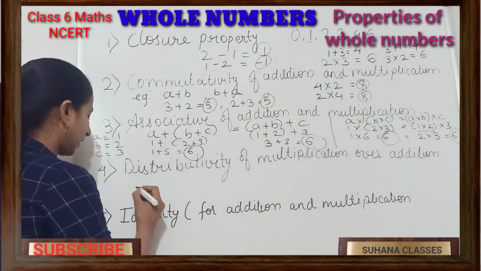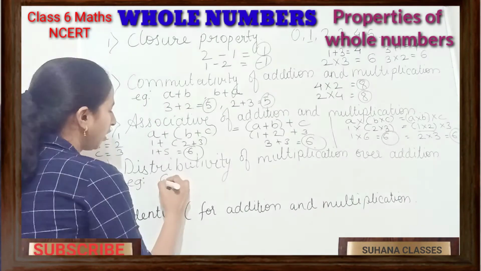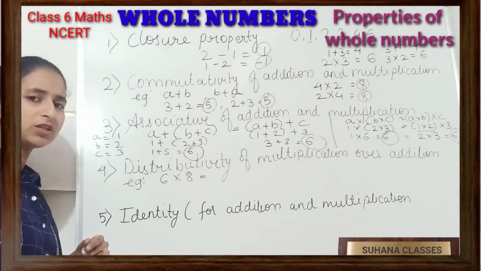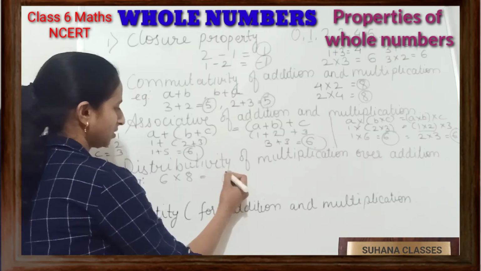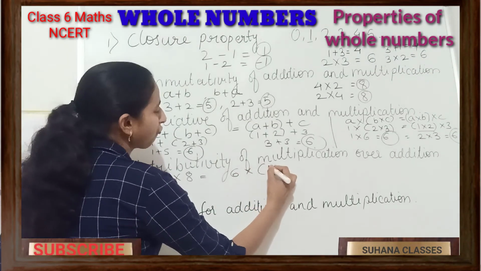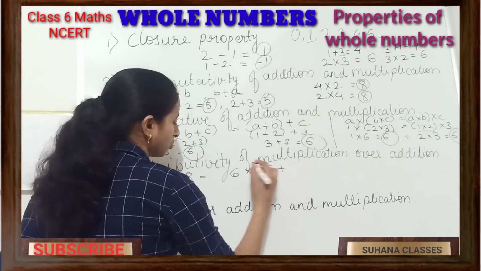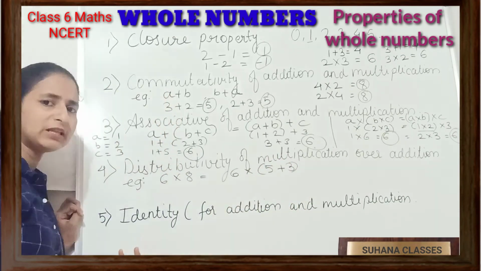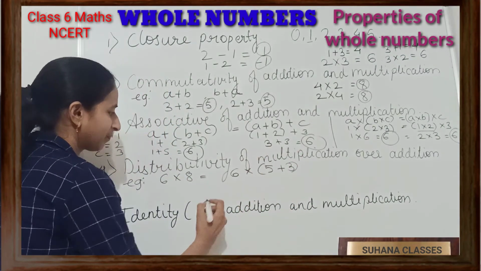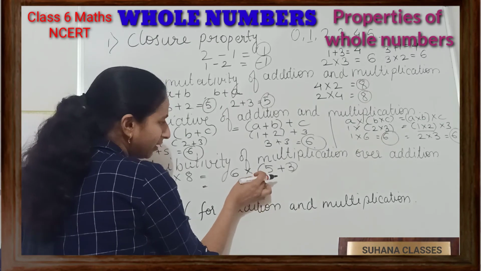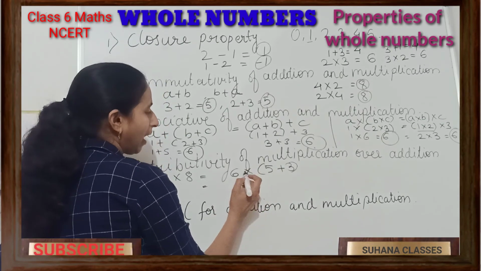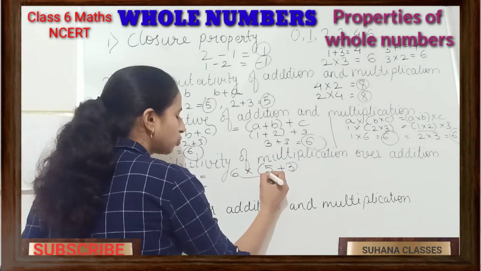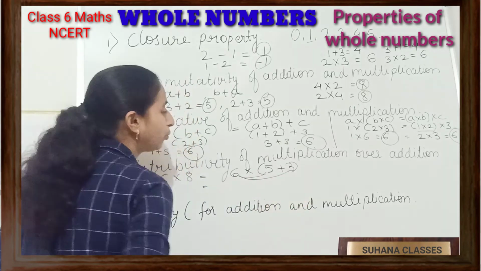For this, let us take an example to understand it better. I will multiply 6 into 8. An example for multiplication, showing how addition interferes here and how the distributive property follows here. See here, 6 I will keep as it is. 8 I can write as 5 plus 3. 5 plus 3 is obviously 8. So I can open this up and write it like this. Here, outside the bracket a multiplication sign is there and inside the bracket an addition sign is there. So what I can do here is distribute 6 to 5, and 6 to 3.